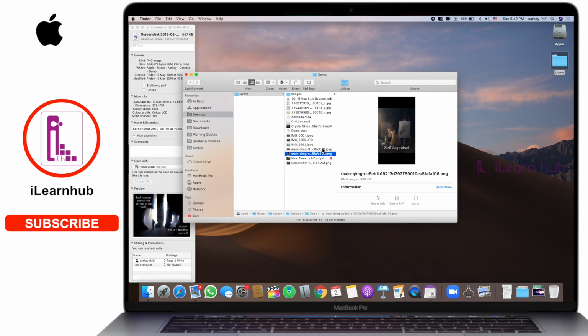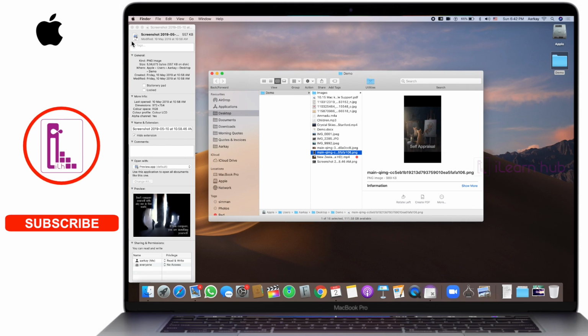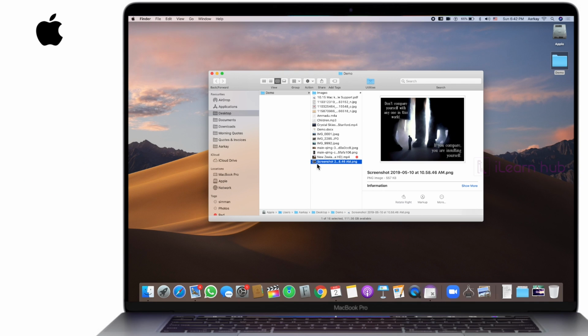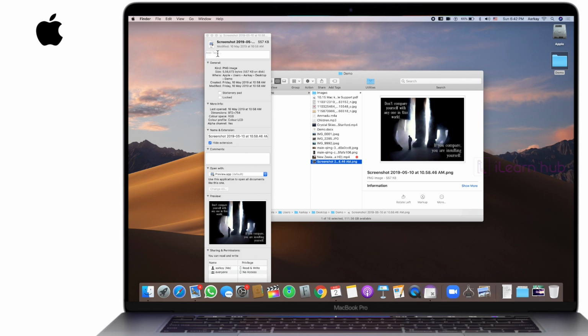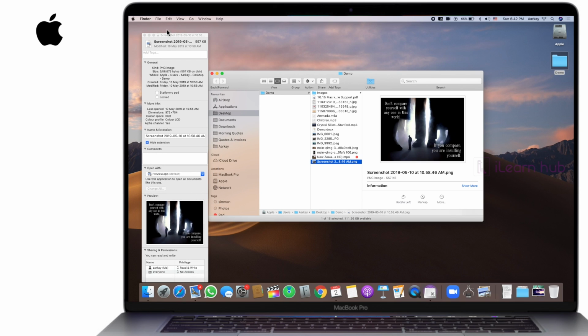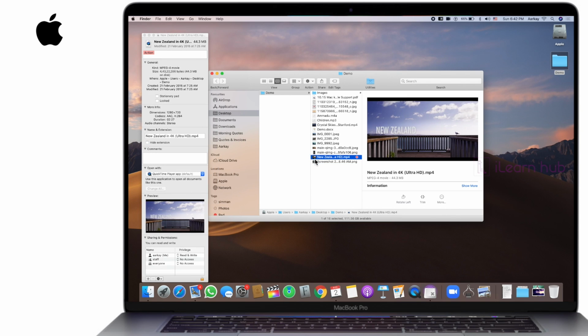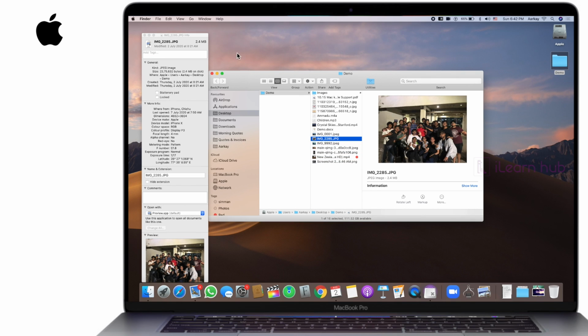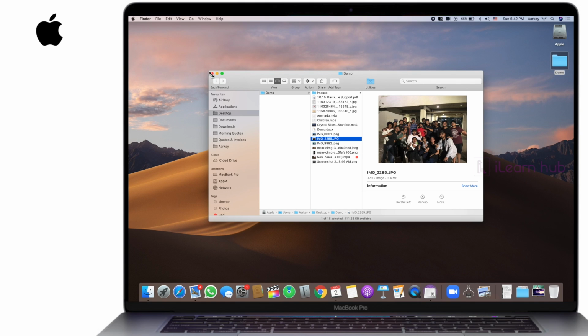The information is not changing. You can only see the information or maybe a preview on the right hand side. But if I use Option Command I, it dynamically changes depending on the selection of your content, either a video or a still image or anything. So this is another great feature by using the option button.